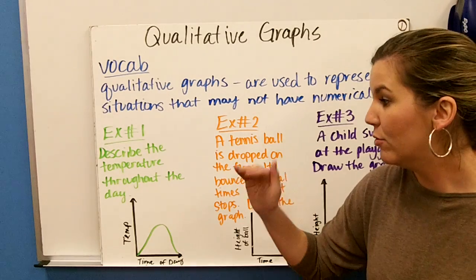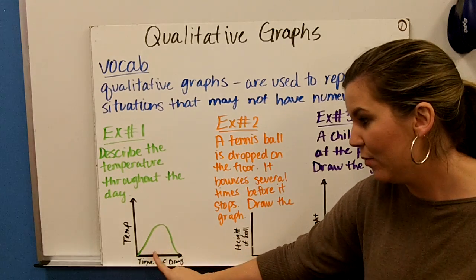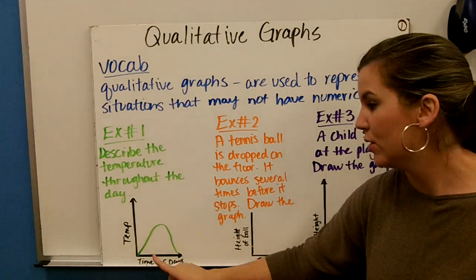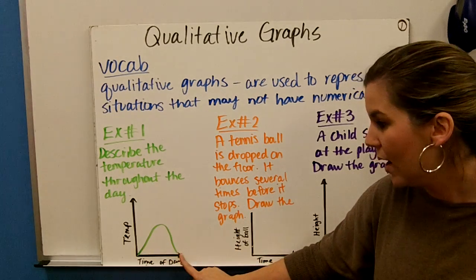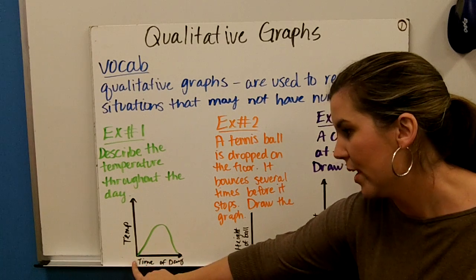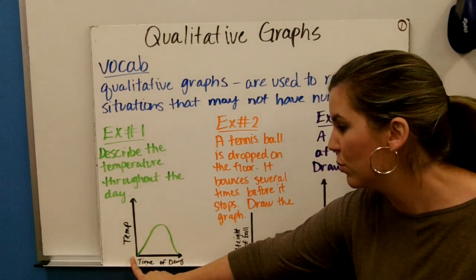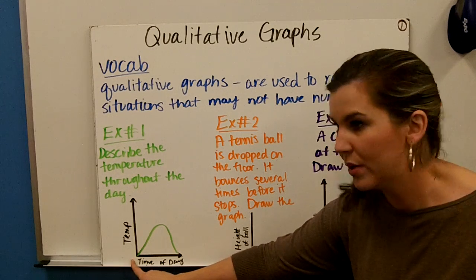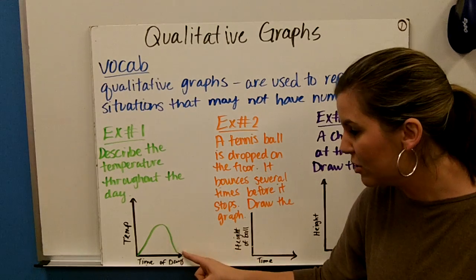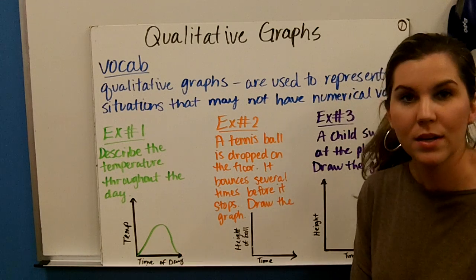And then around noon, about halfway through the day, it starts to get cooler again. So usually it's cool in the morning and cool at night. And we could even go so far as to say that this would probably be 0 degrees. It goes up to some number, we don't know, and then it goes back down to the same temperature it